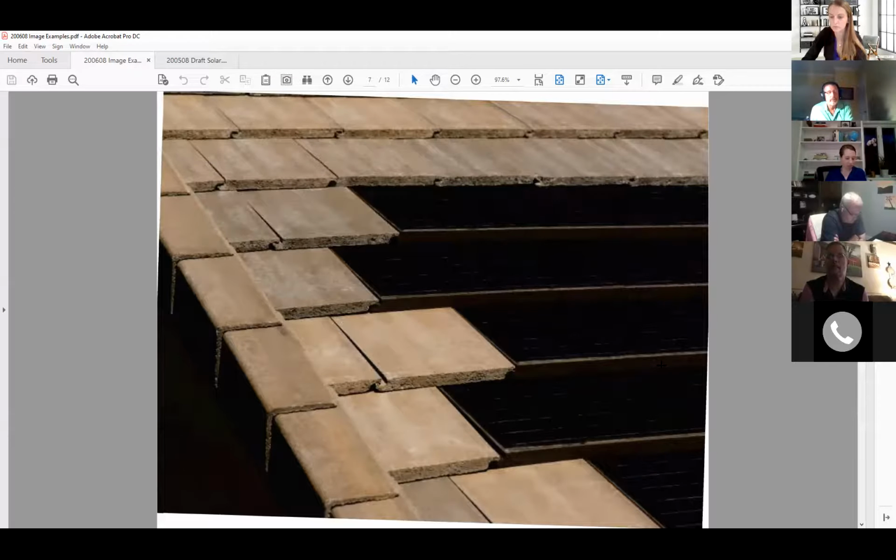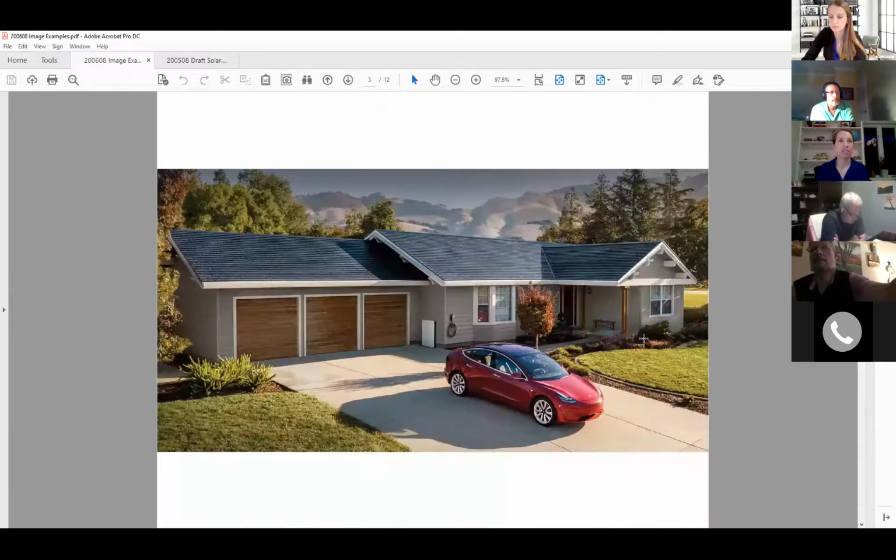I think we ought to try to, if that's the direction, I'm comfortable at least taking a stab at an ordinance. If I go to another picture, let's go back to something along the lines, and I'll have to finesse this language, so I don't want anybody to get married to it, but something along the lines where solar is applied to the entirety of, this is not the right word, but the eligible roof that is visible from the street,